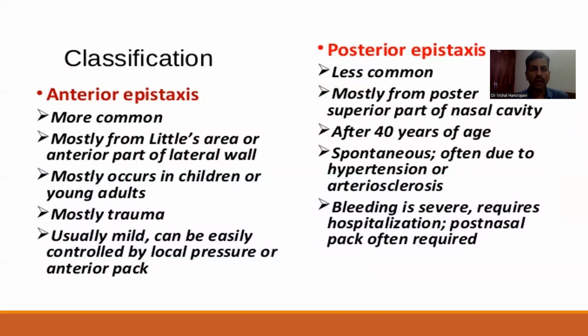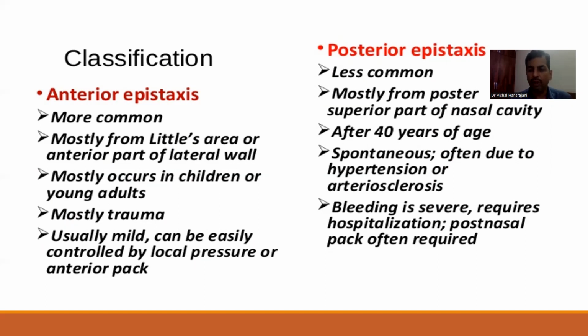If we classify, anterior epistaxis is more common, and it is from Little's area or the anterior part of the lateral wall. It is most common in children and young adults. The most common cause is trauma, and usually it is mild and can be easily controlled by local pressure or anterior packs. Whereas posterior epistaxis is less common, mostly from the posterior superior part of the nasal cavity,